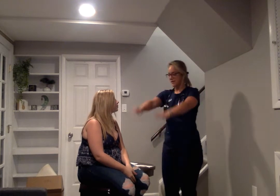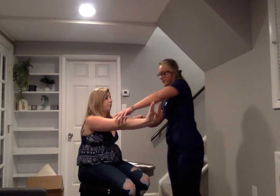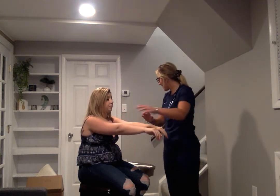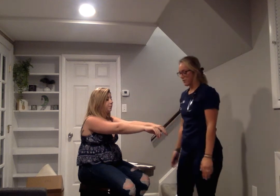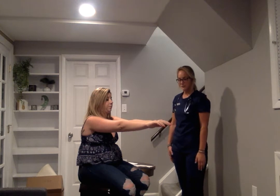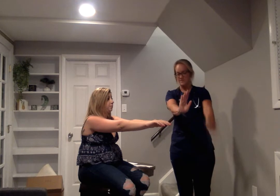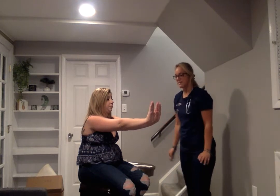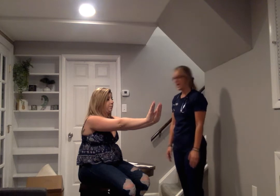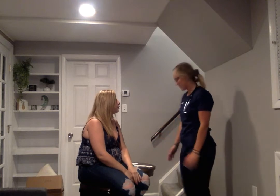Excellent. Now can you put your arms straight out for me? Perfect. First I'm just going to feel the temperature. You can relax those wrists and just put them down for now. Now can you hold them out for 3 seconds? I'll count. I'm just going to check for tremors. 1, 2, 3. Okay, excellent. Next, I'm going to ask you to bend your wrists back while you go like that. At this point, I'm looking for any shaking or trembling. Perfect. If I did see any tremors, that could be a sign of CO2 retention, but everything looked